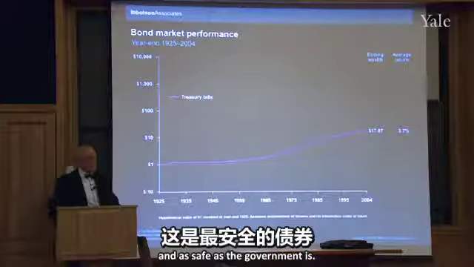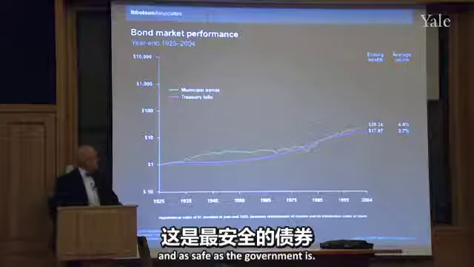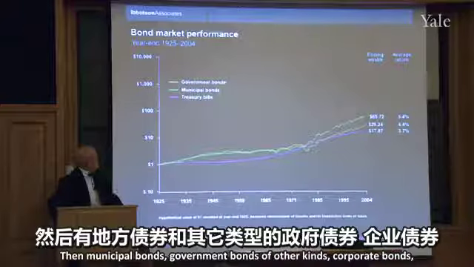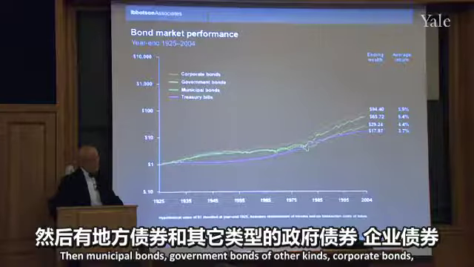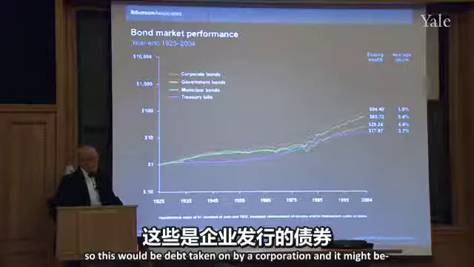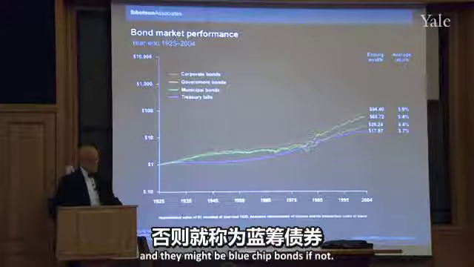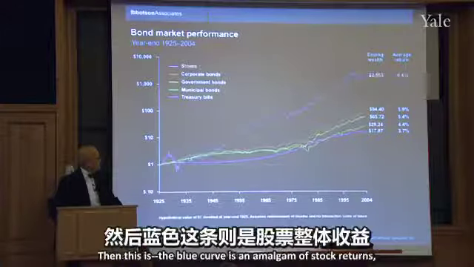And as safe as the government is, then municipal bonds, government bonds of other kinds, corporate bonds, so this would be debt taken on by a corporation, and they might be junk bonds if the corporation is a little risky, and they might be blue chip bonds if not. And then